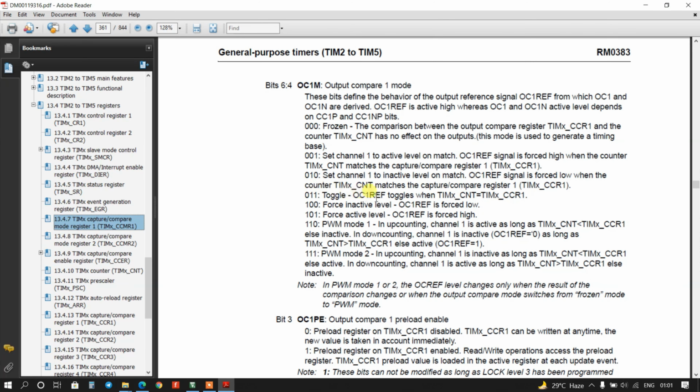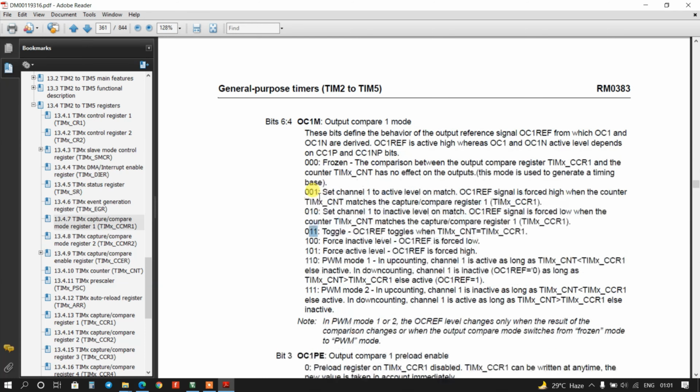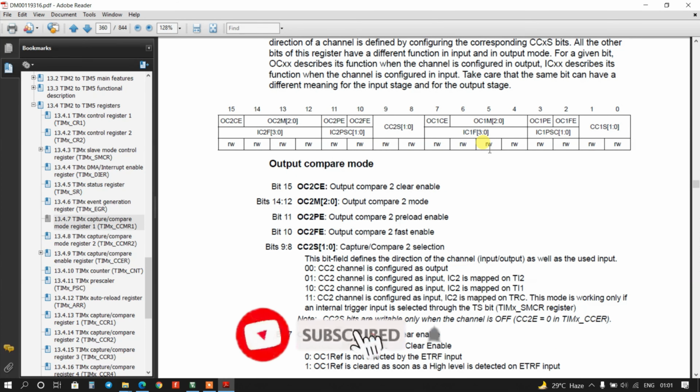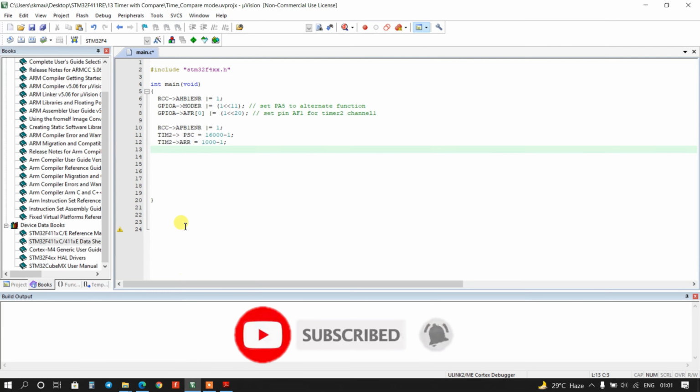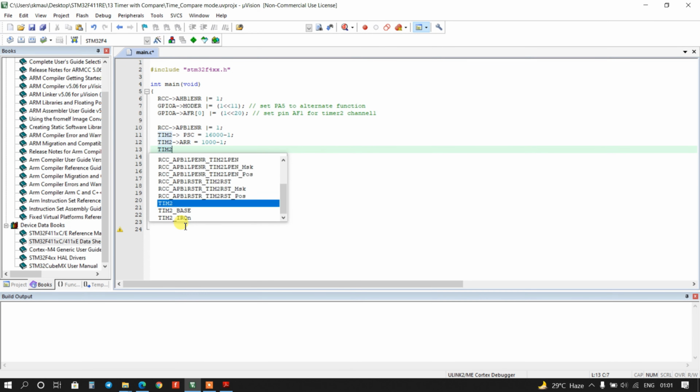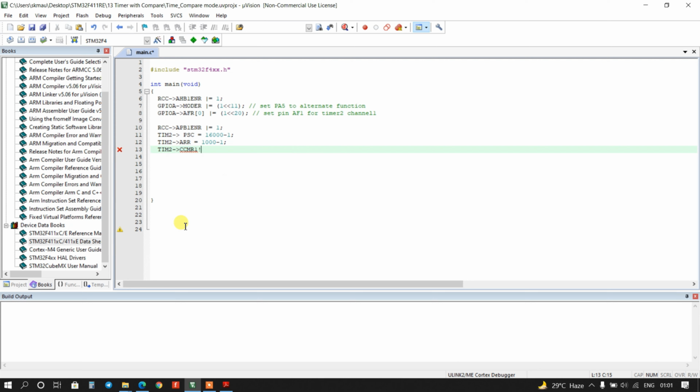Here it will compare the timer counter register with CCR1, then the LED will toggle. So the 4th and 5th bits will be 1 1, this one and this one. Timer 2 CCMR1 equals 3 left shifted by 4.